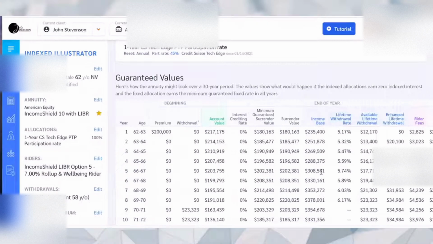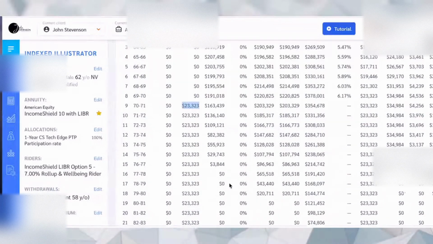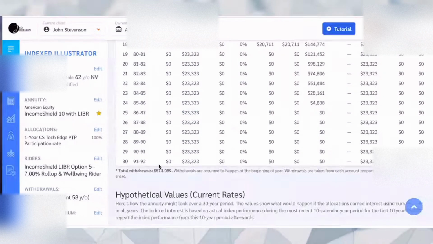Originally, remember, I was looking at a 300, let's see, this was 308 times 5.74, and then you can see if I wait till I'm 70, now the roll-up rate has increased the account value to $378,000, and my lifetime withdrawal rate has also risen to 6.17. Which of course is giving me that guaranteed income now of $23,323, and of course if I take that out until I'm 91, that is $513,000, which Holly at that point